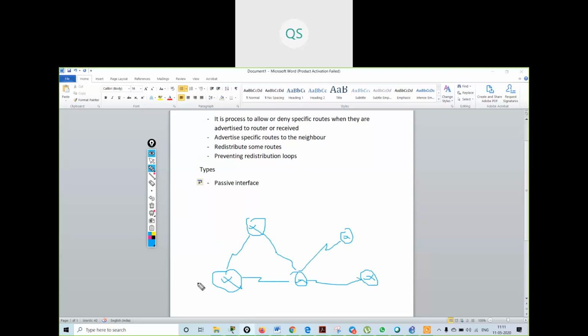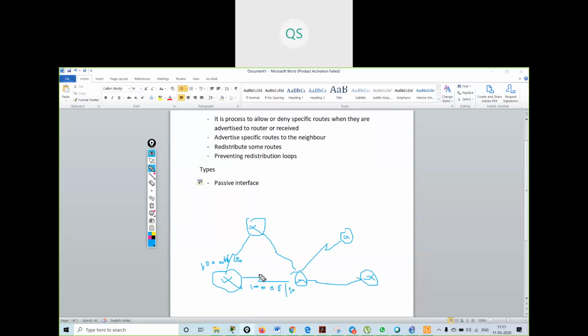Now suppose here I am running the 10 dot network, 10.0.0.0, and here I am running 10.0.16.0 slash 30, suppose. Here I am running the 10 dot network, 10.0.0.0 slash 30.